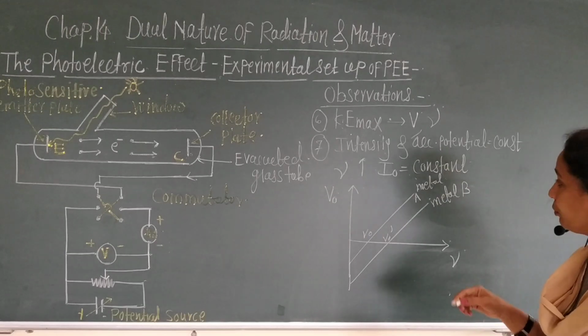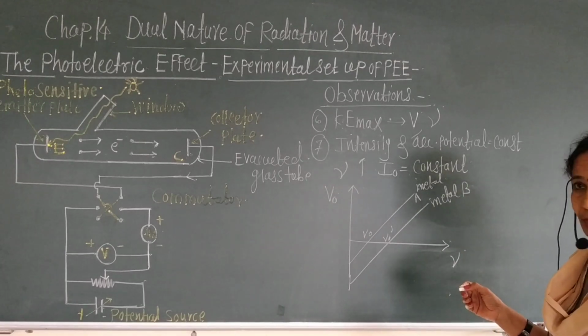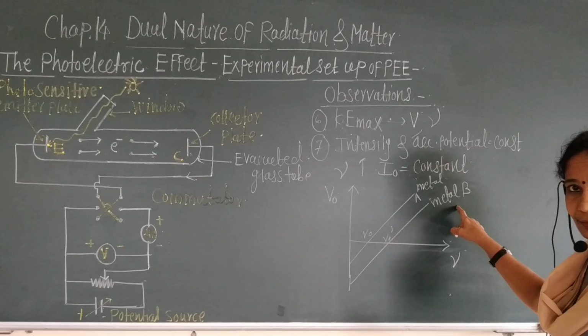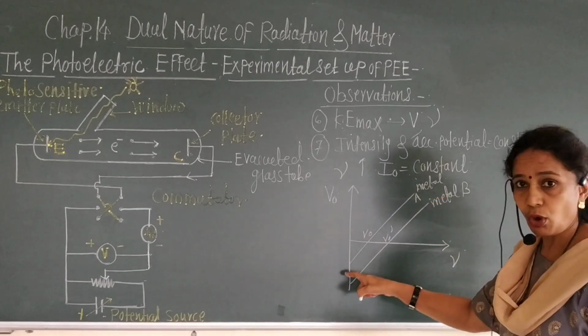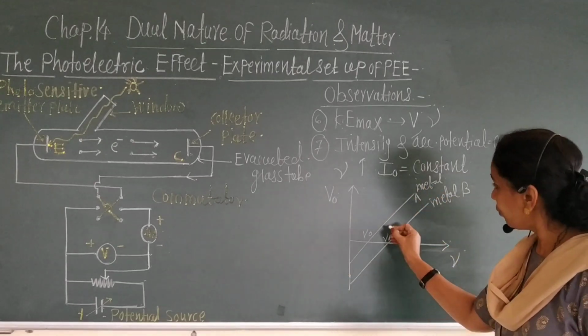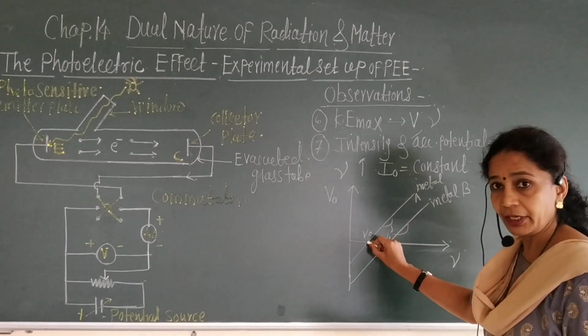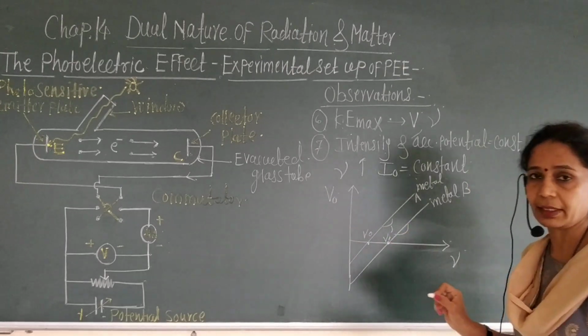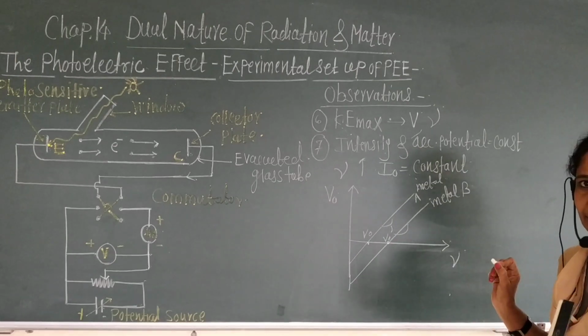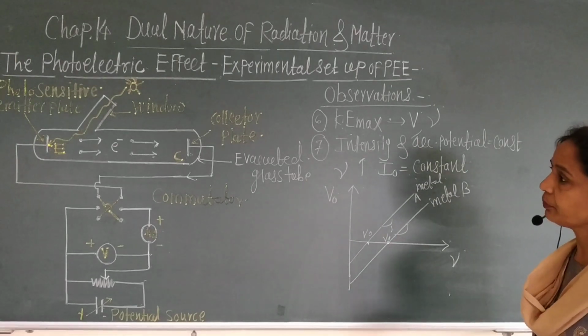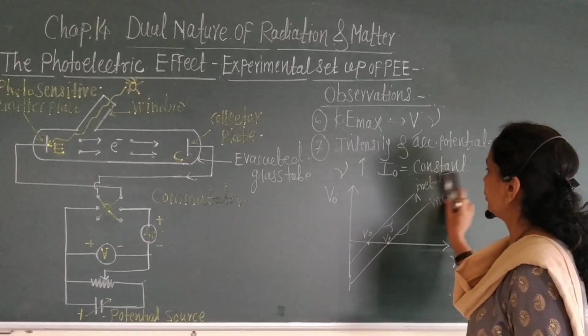Stopping potential for different metals changes with the frequency of incident radiation. From this graph, we can say that for different metals, the slopes of the straight lines were the same, but their intercepts were different. Okay, this is the next observation. Now,